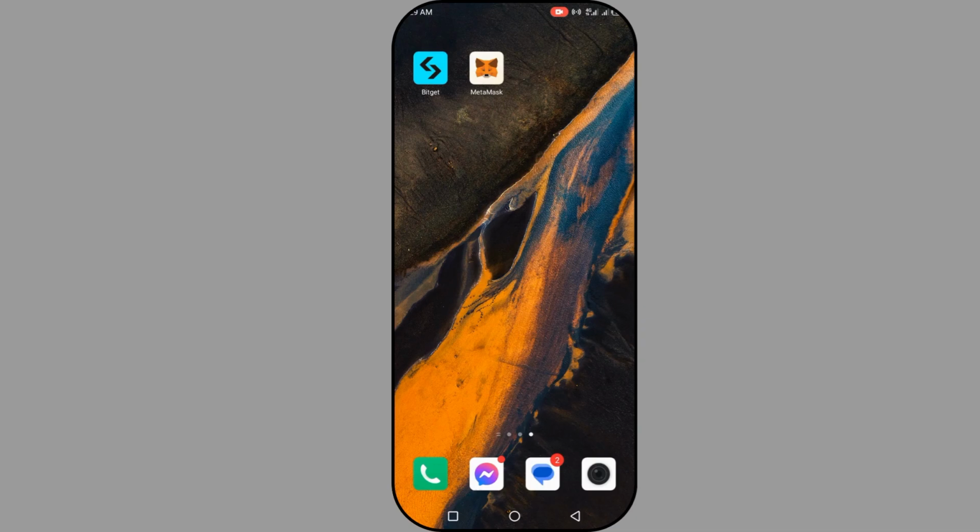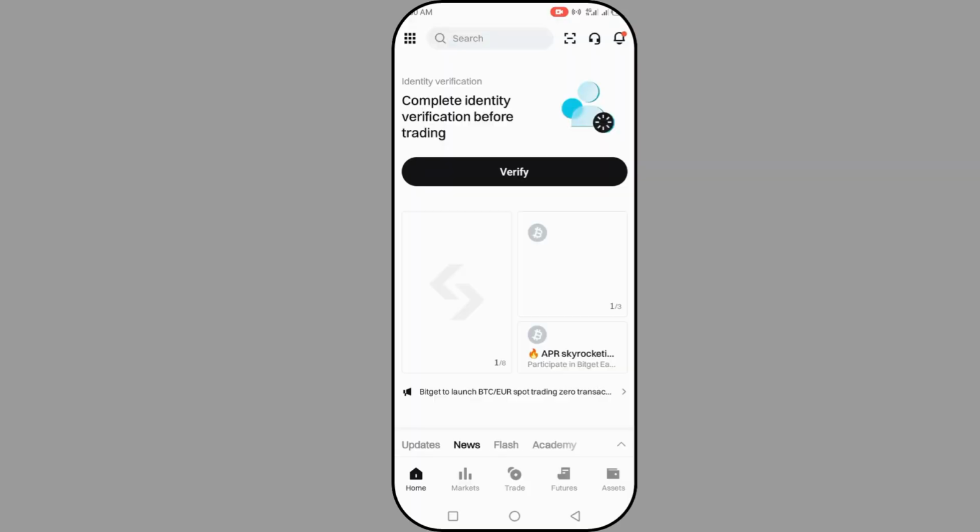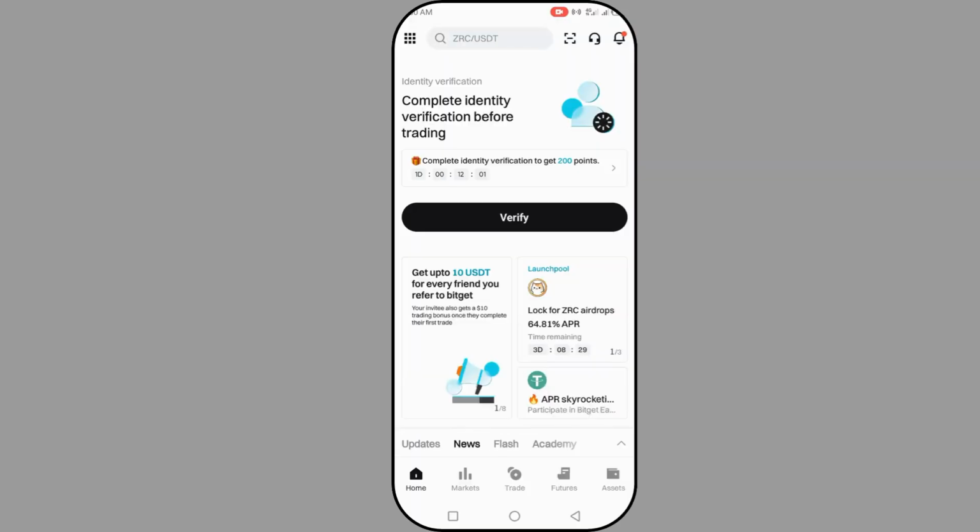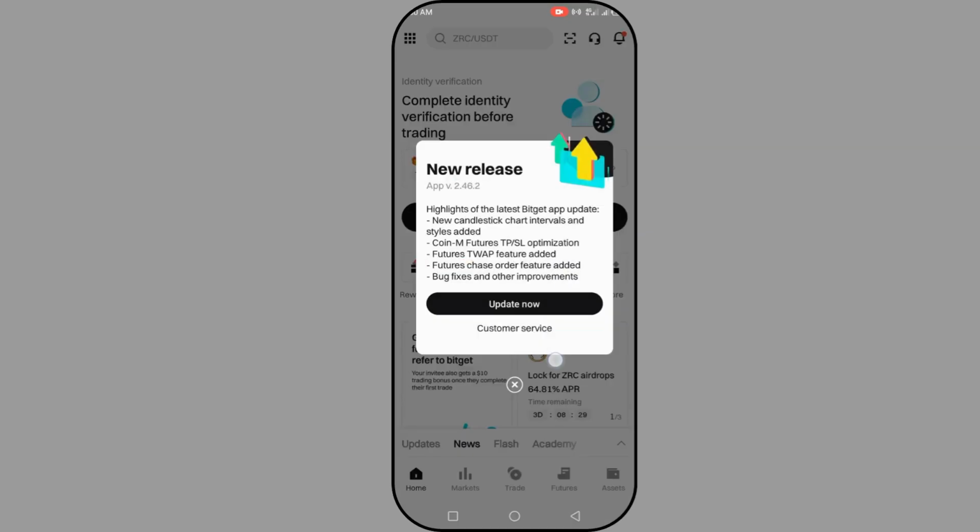So let's get started. What you need to do is open your Bitget Exchange. Once you open your Bitget Exchange, you wait for it to open. Okay, let's wait for it. So the next thing you need to do is you're going to find your